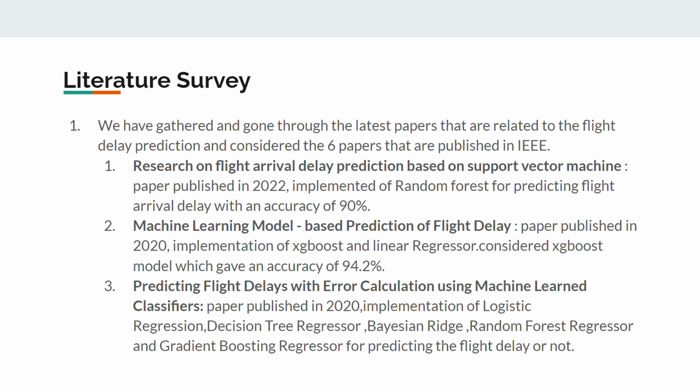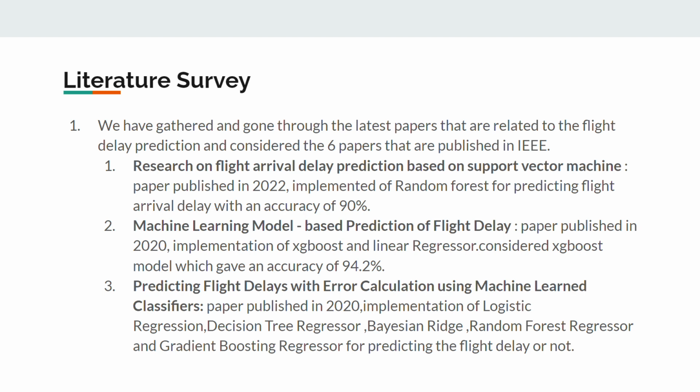We have also done the literature survey, in which we have considered 6 papers that are published in the IEEE and which are the latest. Among them, the first literature survey we have done on research on flight arrival delay prediction based on support vector machine. This paper was published in 2022, implemented using random forest for predicting the arrival delay, which gave an accuracy of 90%. And the second paper was machine learning model based prediction of flight delay, which was published in 2020,